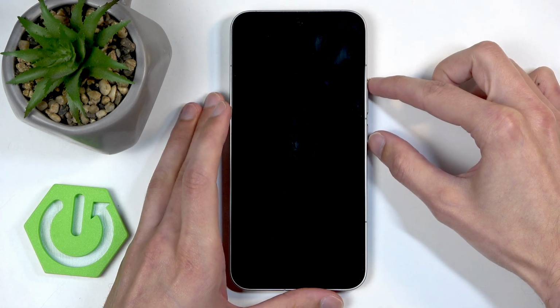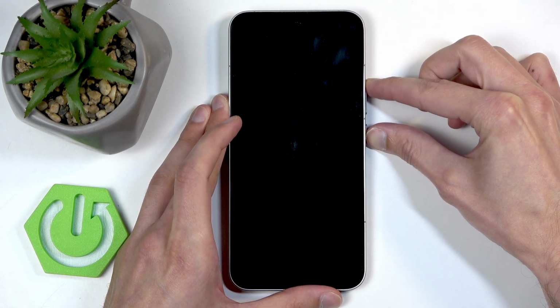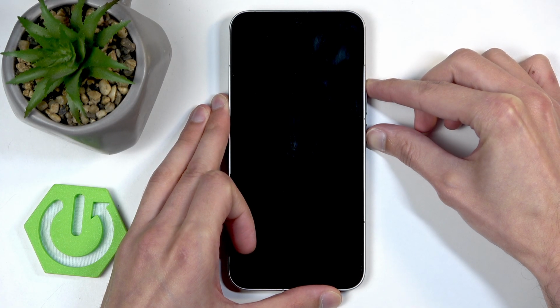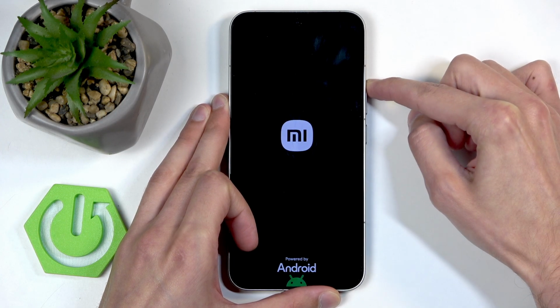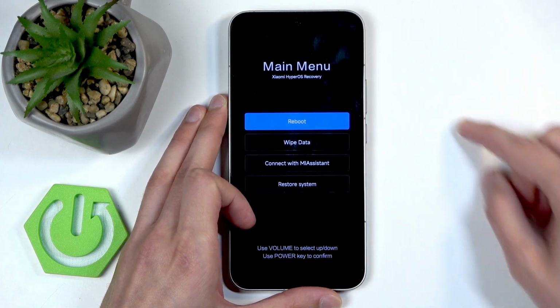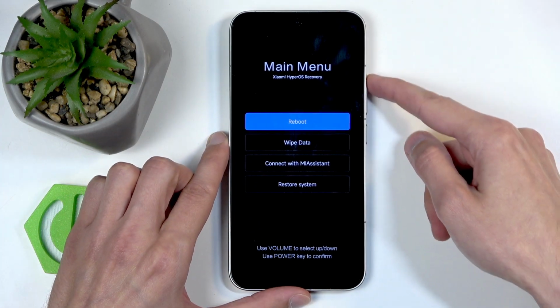Now when the device turns off, again hold the same two buttons, power and volume up. And you're going to hold both of them till you see the Xiaomi logo, at which point let go of the power button, but keep holding volume up. This will redirect us to the recovery mode, and in here, using volume buttons either up or down to navigate up or down,